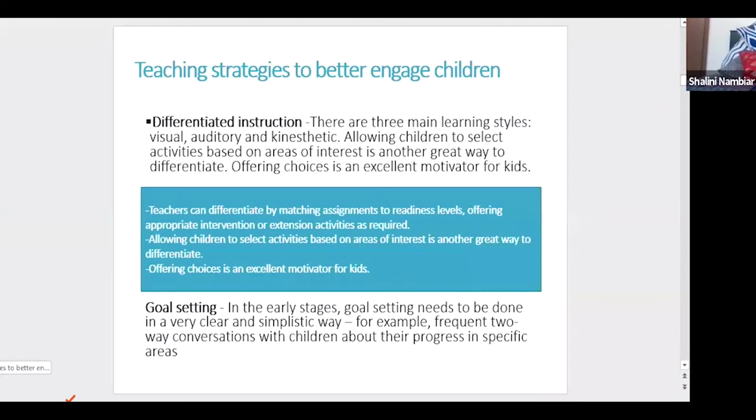Differentiated instruction. I find a lot of teachers say, how can I differentiate? These are small kids. What can I do? Of course you can do. You already know there are different ways the children learn, right? Like some of you might like seeing my face. Some of you might like seeing the PPT, say, oh, she's so, what bindi she has put, let's see the PPT. Some of you might like to see a video. It is your choice, right?